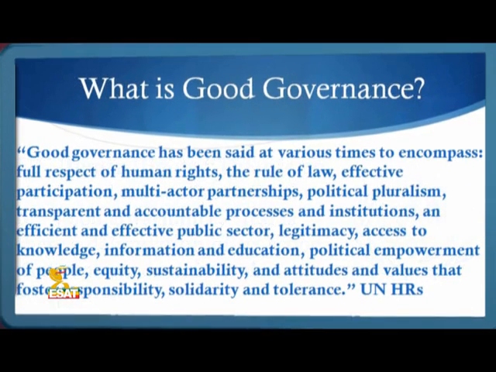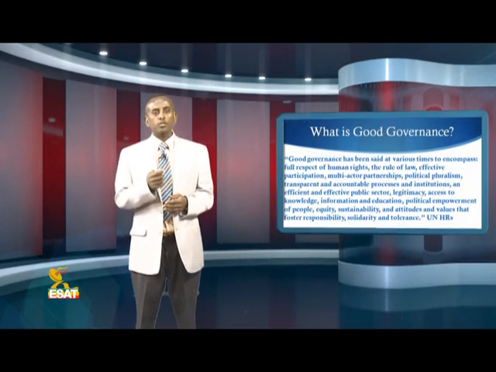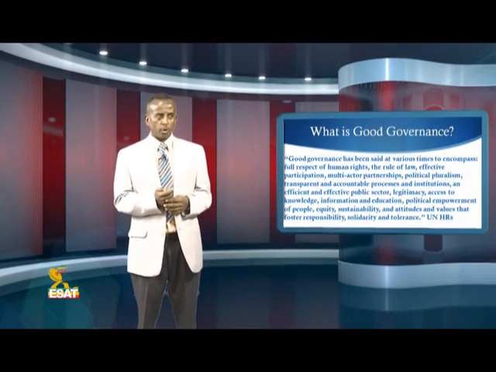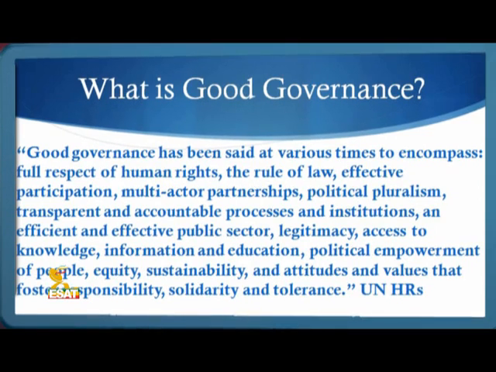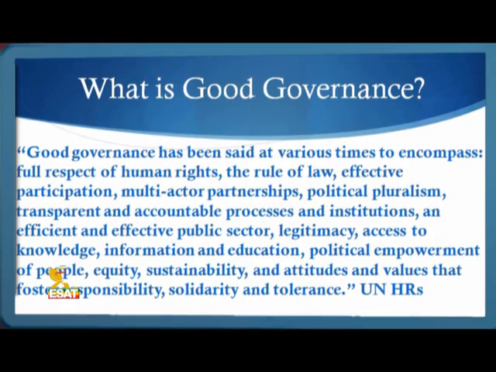The organization said that good governance has been said at various times to encompass full respect of human rights, the rule of law, effective participation, multi-actor partnerships, political pluralism, transparent and accountable processes and institutions, an efficient and effective public sector, legitimacy, access to knowledge, information and education, political empowerment of people, equity, sustainability, and attitudes and values that foster